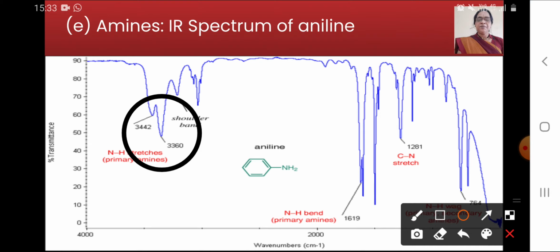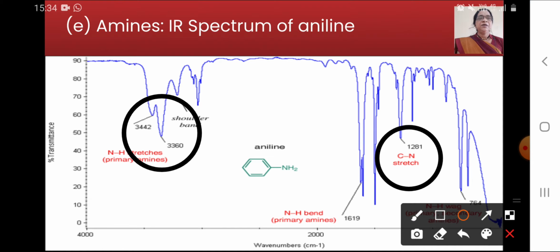Aliphatic amines absorb from 1250 to 1000 per centimeter, whereas aromatic amines absorb from 1350 to 1250 per centimeter. The CN absorption occurs at a higher frequency in aromatic amines because the resonance increases the double bond character between the ring and the attached nitrogen atom. See here the CN stretching, which is observed at